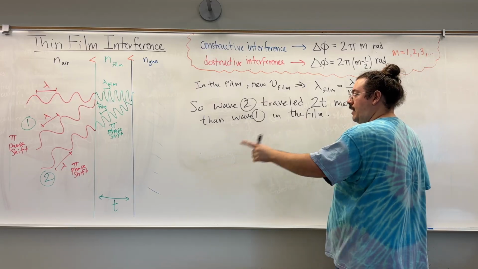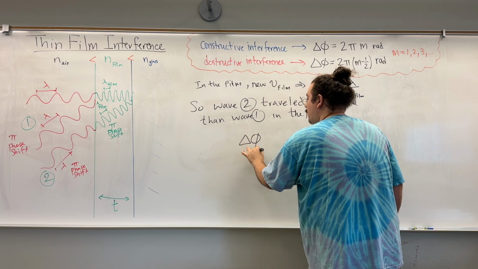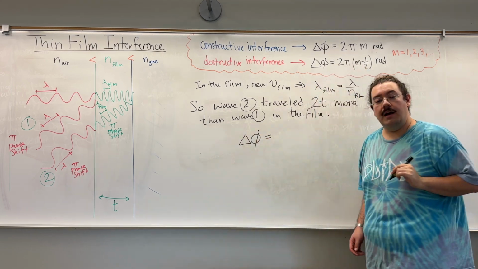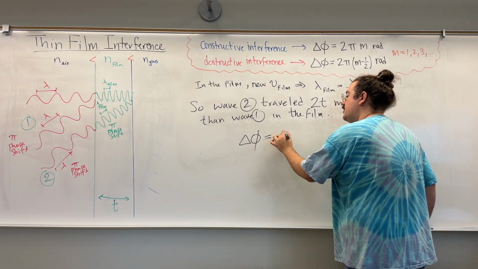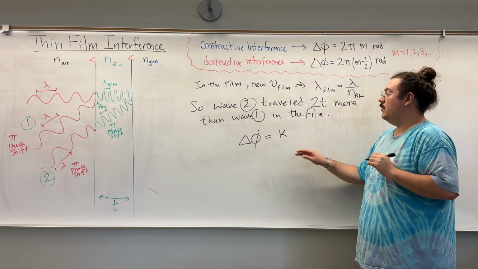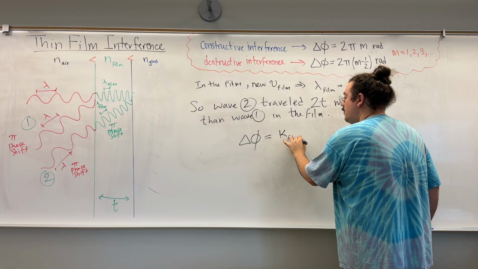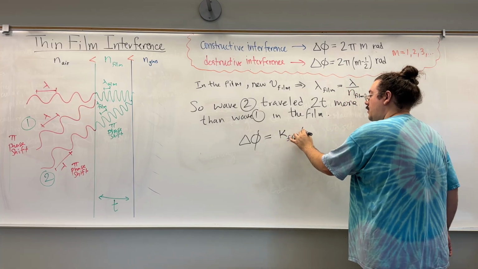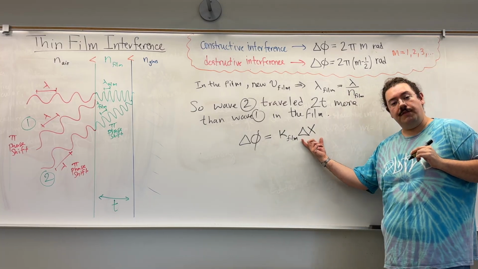Once they get spit back out into the air, that interference will depend on the phase shift. Remember, phase shift is k times where they traveled. So the phase difference happens in the film, because that's where we had the shift in distance,